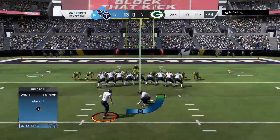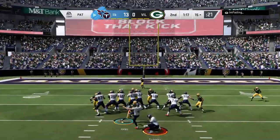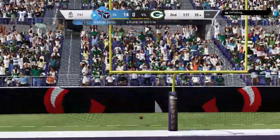And the Titans are able to extend their lead. Now he's having a nice little first half here, partner. And it's a first half that leaves us anticipating what